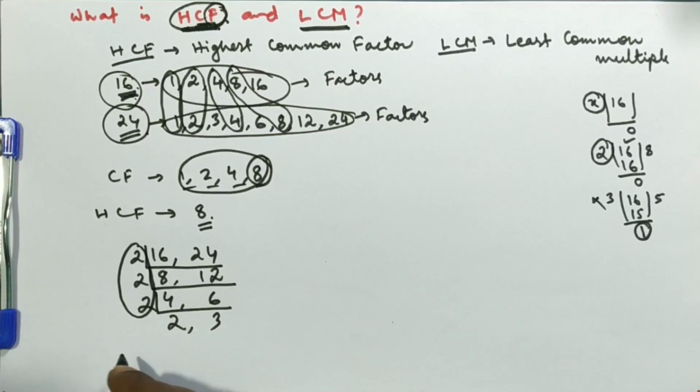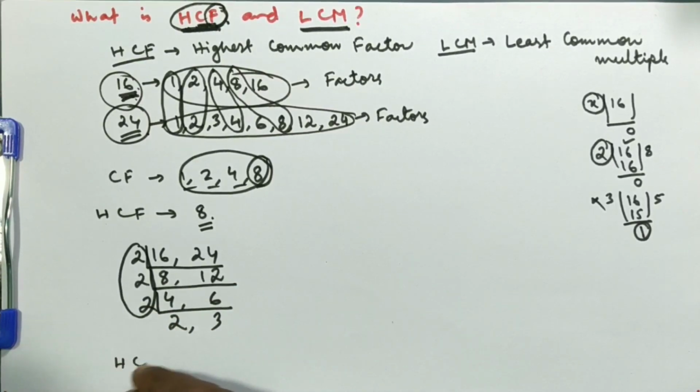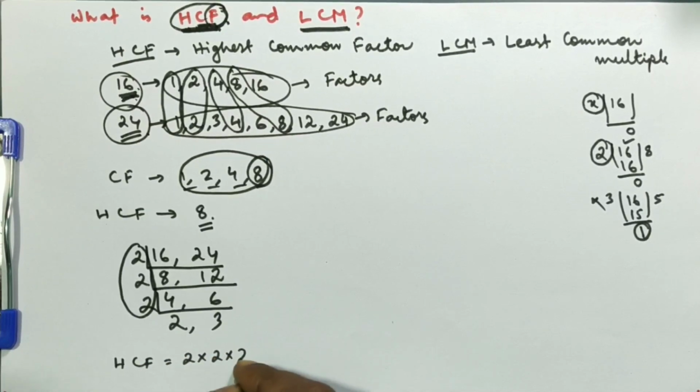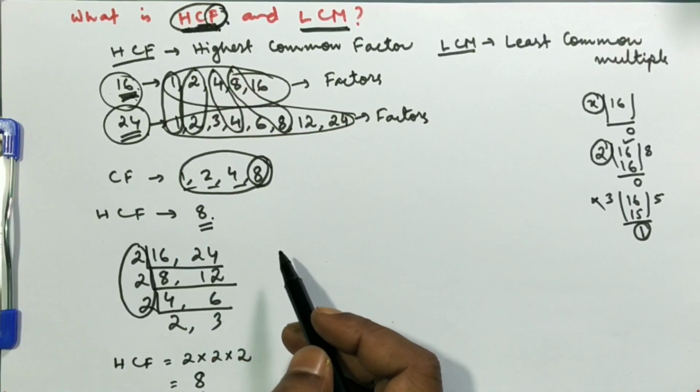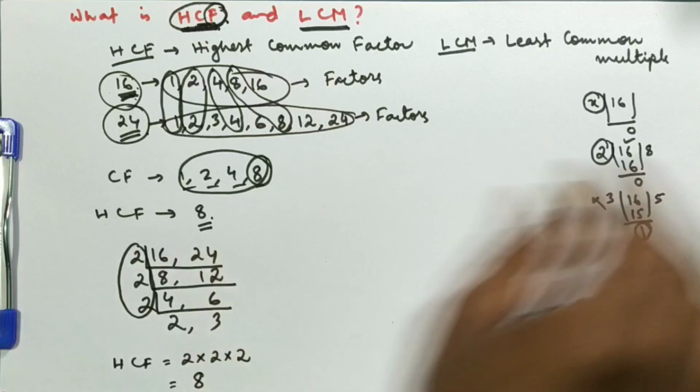Now how to find the HCF? We need to multiply 2 into 2 into 2. So if we multiply, we will get 8. So this is the highest common factor of 16 and 24. So that is HCF. Now if we talk about LCM,